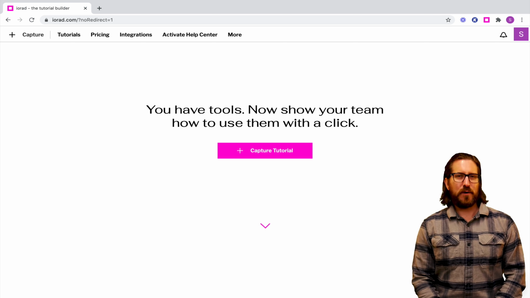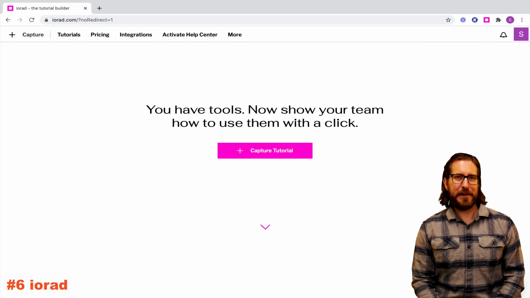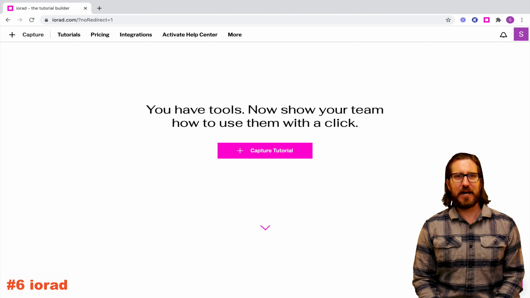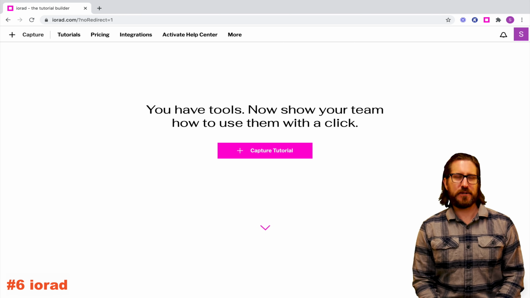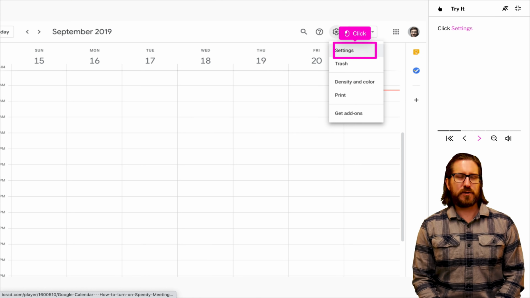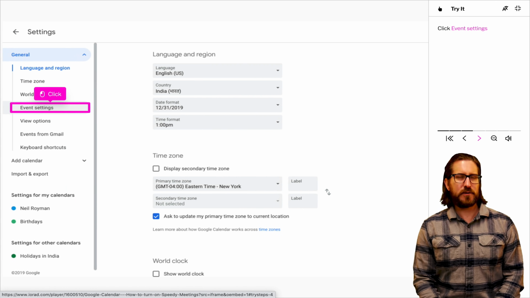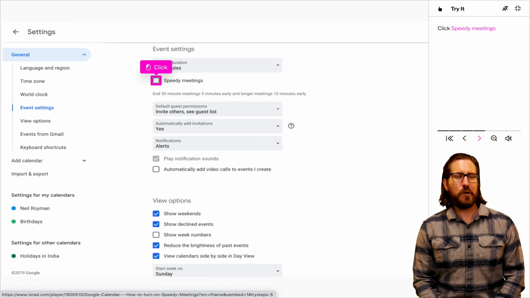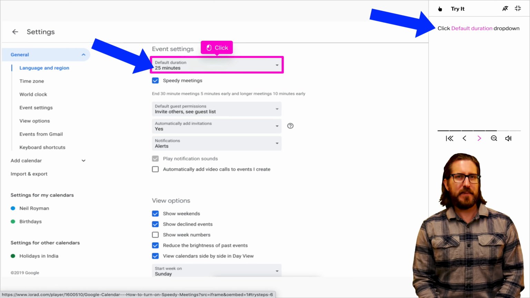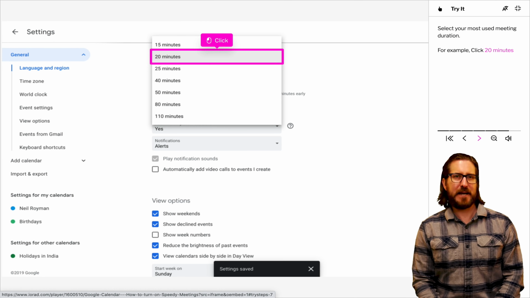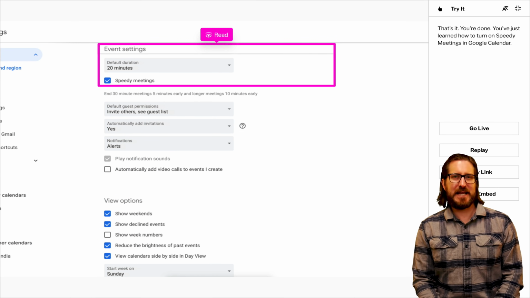My next top tech tool for teachers in 2021 is a tool for creating tutorials, IORAD. IORAD is an intuitive tutorial builder that uses artificial intelligence to help you build quick, easy-to-follow tutorials. Although IORAD records your screen, it's significantly different from other screen recorders like Screencastify, Loom, or Screencast-O-Matic because it builds tutorials for you based on the steps you take while recording your screen. If you need to show students the steps to send emails, use a new tech program, etc., this is the program you'll want to use.